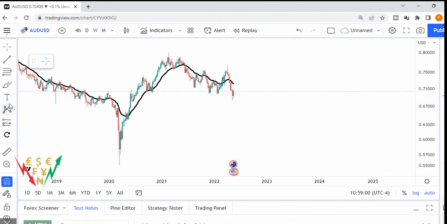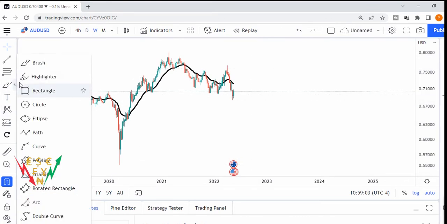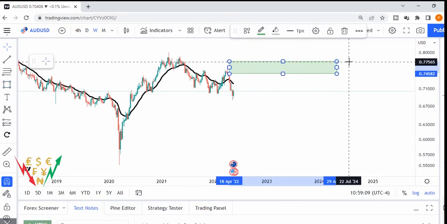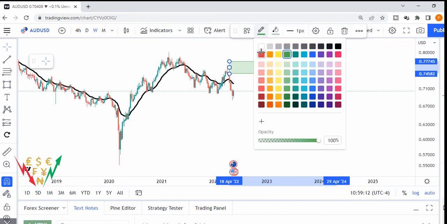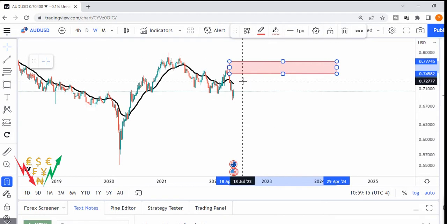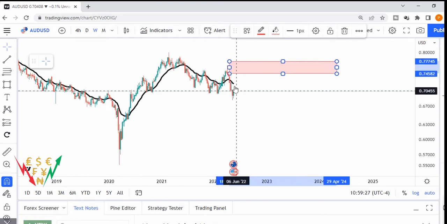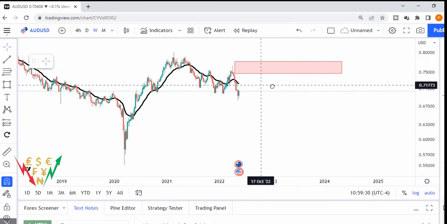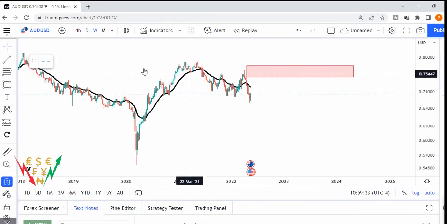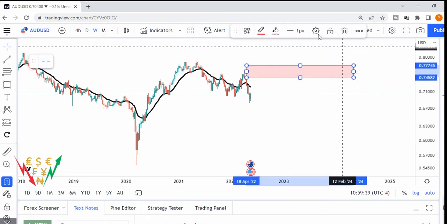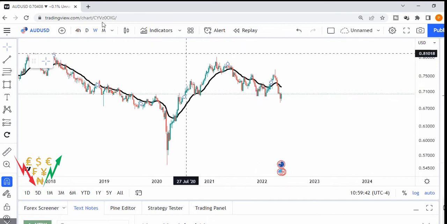On the weekly chart here, guys, though I'm going to take this off, but let's just have this. There is an obvious supply zone here, guys. You can check this. We shared this in our previous analysis of Audusd, and you can see that from this supply zone, the price broke through our exponential moving average here, and then continued making this move. That was actually TP smashed. So we have a supply zone here from the weekly time frame, but I'm going to take this off because I don't want the chart to be cluttered.